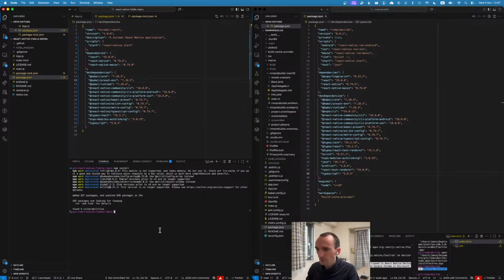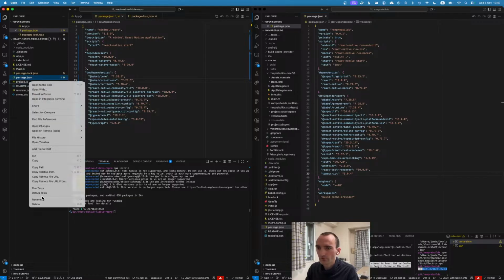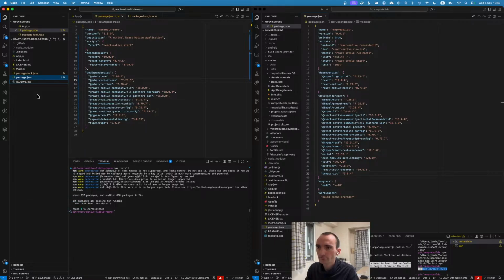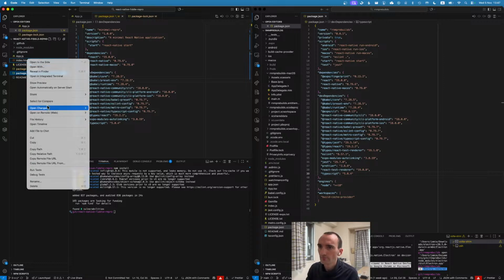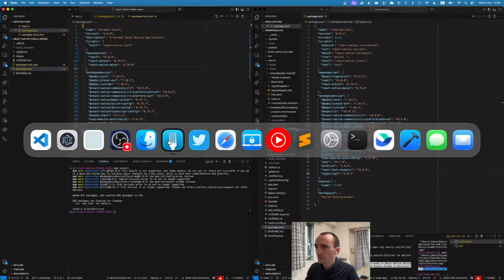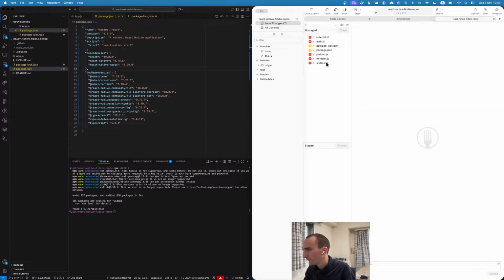So we've updated our package log, our package.json, we've got our JS files, and I'm going to remove some of these. We no longer need preload.js, we no longer need renderer, we no longer need styles, don't need a main.js. For now, I'm going to call our app.tsx app.js because I assume it's going to be making some hard assumptions on file names. We don't need index.html. And I'm just going to push this updated template to GitHub